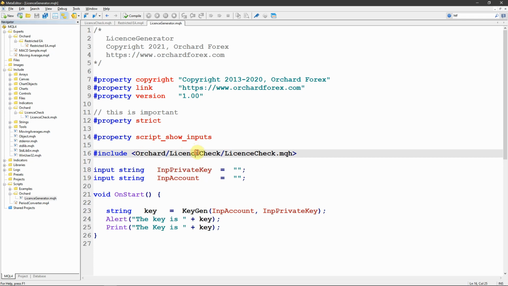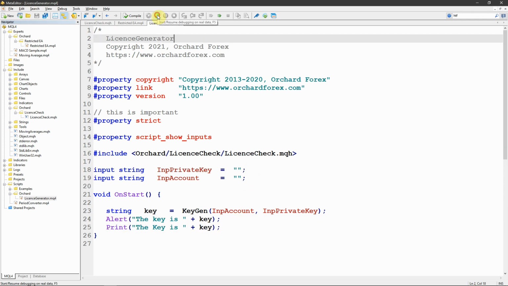So this does require that the client will give you the account number to generate the key. And I've still included the license check.mqh file. That way I'm using the same function for this that is going to be used by the EAs or the indicators. All I'm doing then is calculating the key based on that keygen function, and I'm displaying it back in both an alert and in a print statement. So now if I run this,